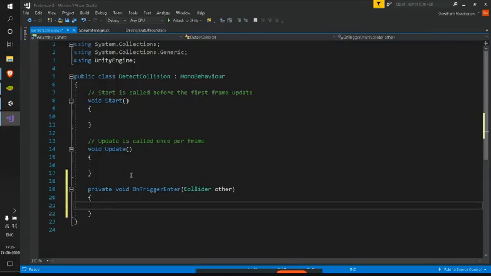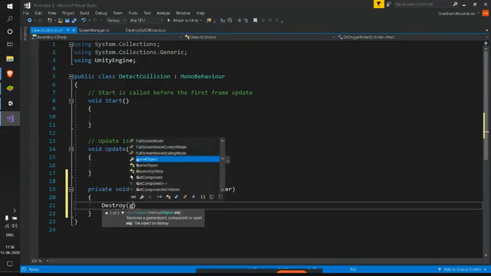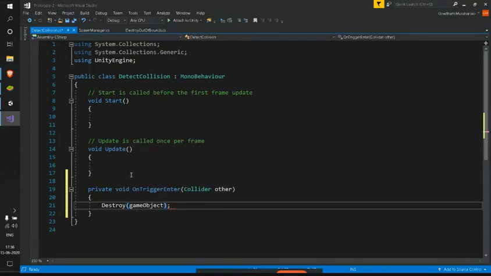And next, this OnTriggerEnter has a parameter called Collider other. So let's see the use of it later. As of now, as the collision took place, let's destroy our game object on collision.